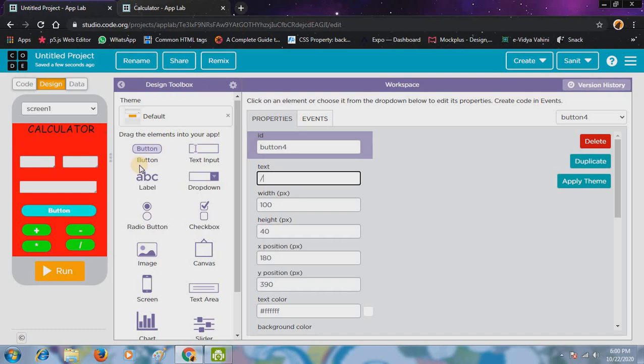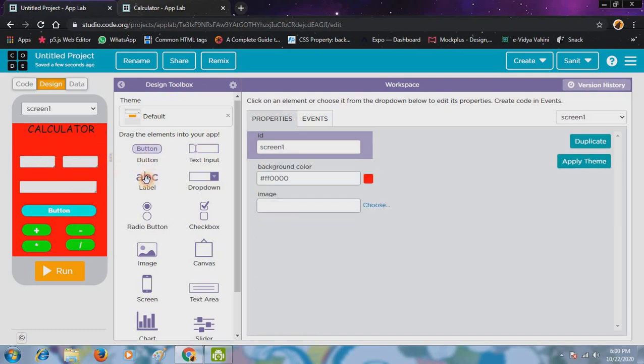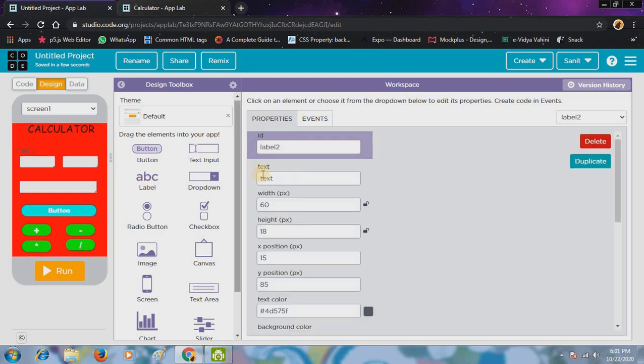Okay. So now I will take 3 labels. Again, wait a minute. Okay, I don't know why it is lagging. Not lagging, but here you can see I pasted a text here. Second and third.